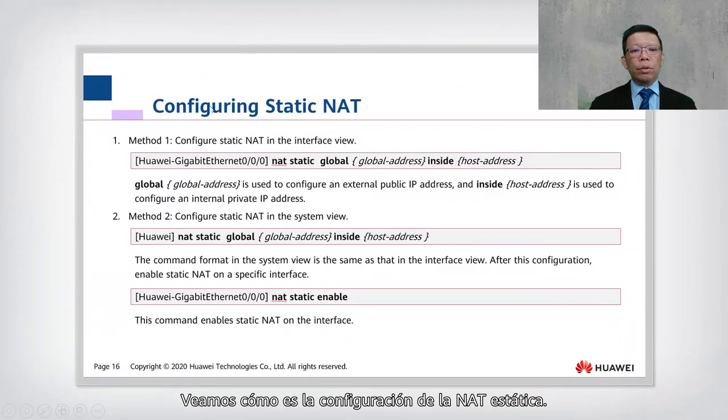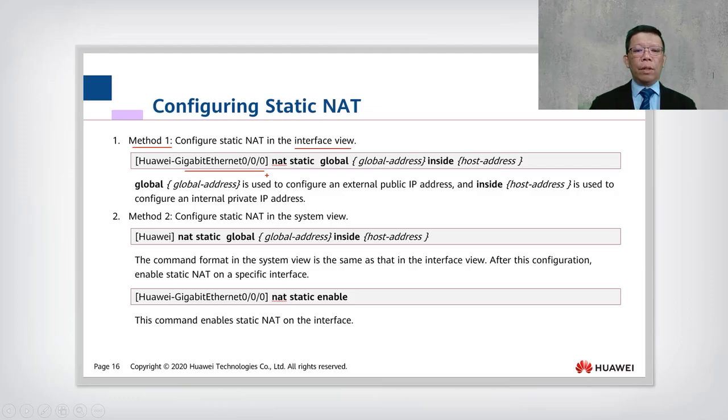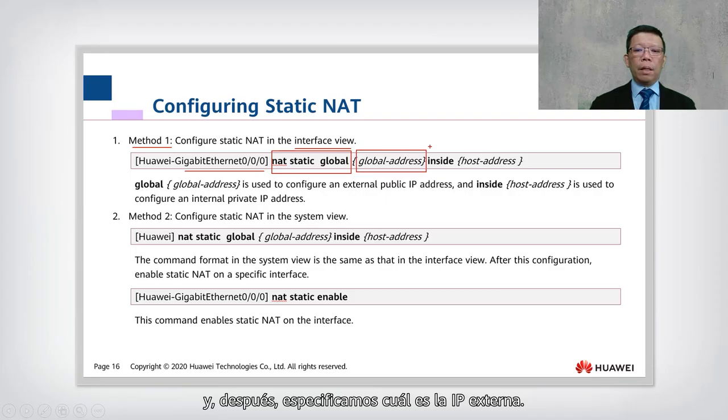Right, so let's look into the configuration of static NAT. To configure static NAT, we are going to use two methods. Method number 1 is that we configure from the interface view. Whichever external interface you want to do the NAT on, you go into that particular interface. Assuming this is gig 0/0/0, which is our external interface facing the internet, the first command we are going to use is nat static global. Then you specify your external IP, then you use the keyword inside, followed by your internal IP address, which in the example is